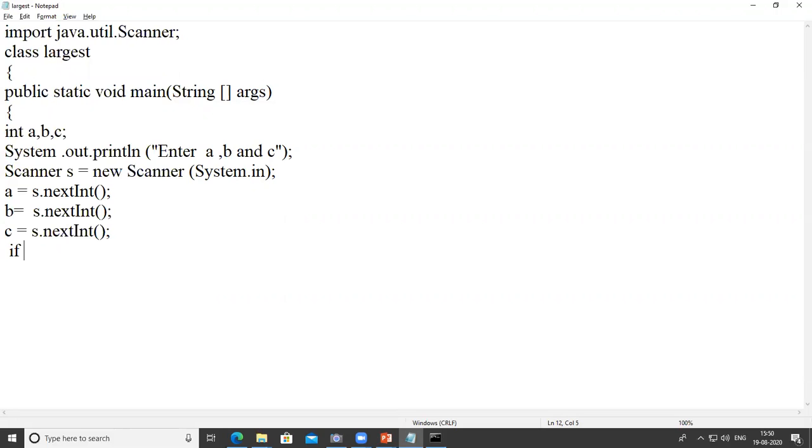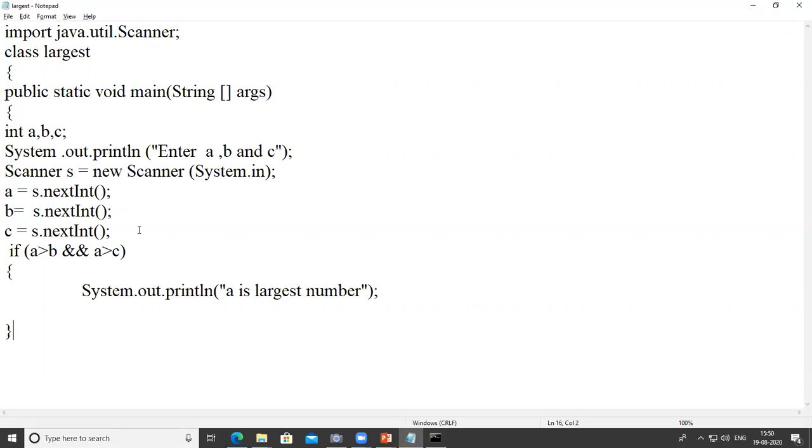So first I write the if statement: if a is greater than b and a is greater than c, if both conditions are satisfied, then we can say that a is the largest number. System.out.println "a is largest number".